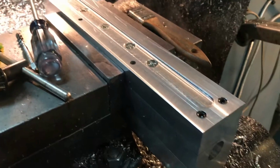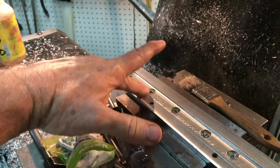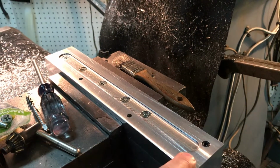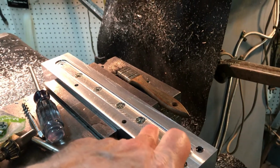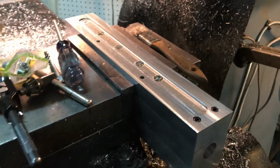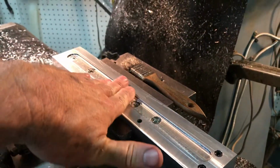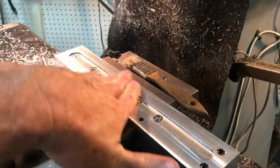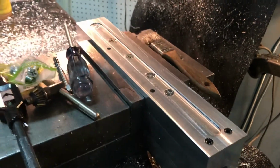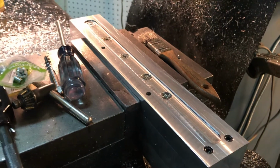So what I'm going to do now, I just finished installing the screws. I'm going to take them all back out again, put some Loctite on all 7 of them, the 5 1/4-20s and the 2 10-24s. I'll put some Loctite on all those and dress the surface down, file it down, make sure everything is flush with no burrs, and then probably before I turn in tonight, I'll go ahead and crazy glue and